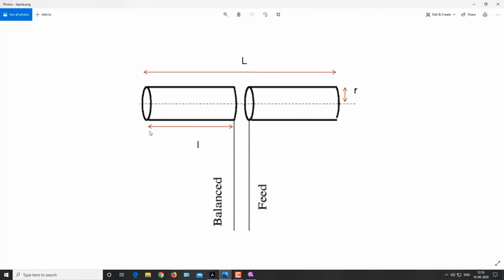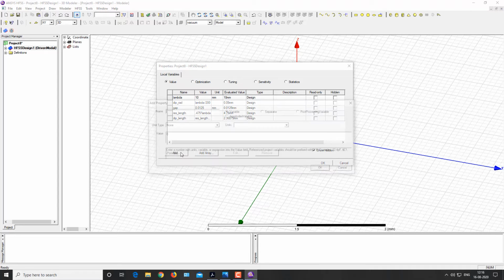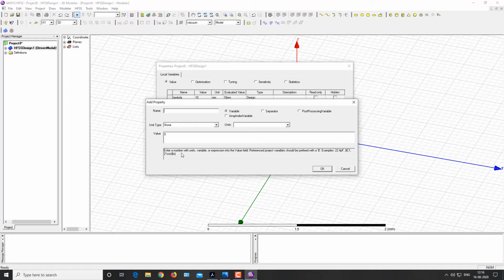Now the next step is to define the design equations for our radiation box, which we will use for the analysis of our dipole antenna. So again click on add. Define the radius of our radiation box. We will take our radiation box as a cylinder.